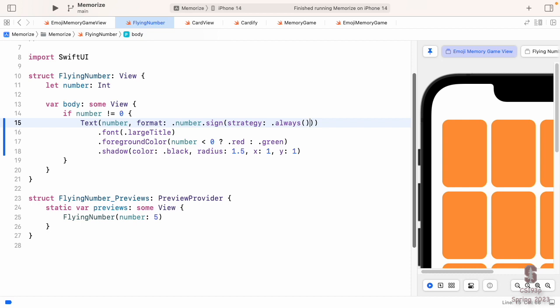I put that one up there mostly to let you get an idea that there's an awful lot of stuff inside of SwiftUI that I'm not showing you the details of. You've got to start looking in the documentation for things. If you have a number and you want to format it, you know now that there's a number formatter. You're going to go look that up in the documentation, see what formatting options are in there, and pick the ones that you want. In our case, we want the number sign strategy to always show the number sign, even when it's a positive number.